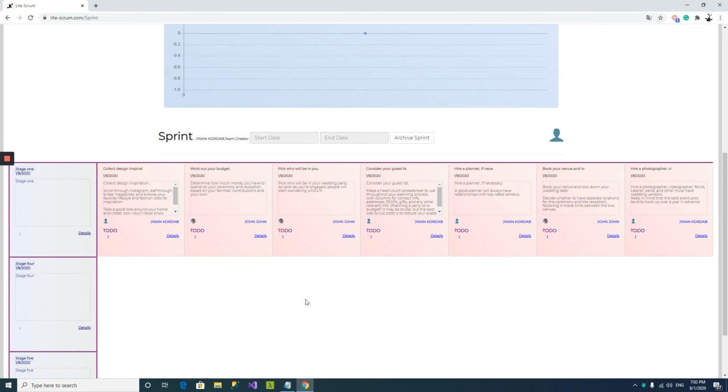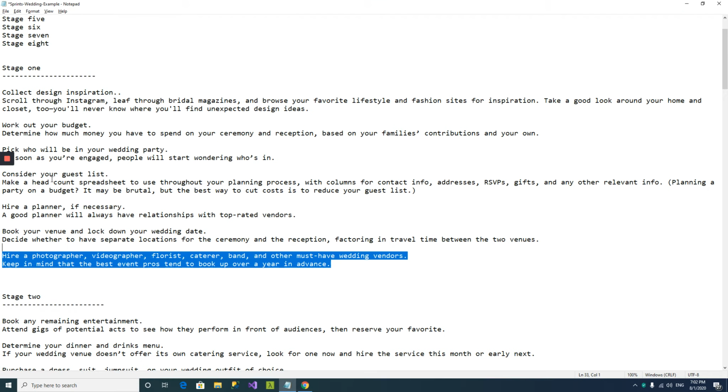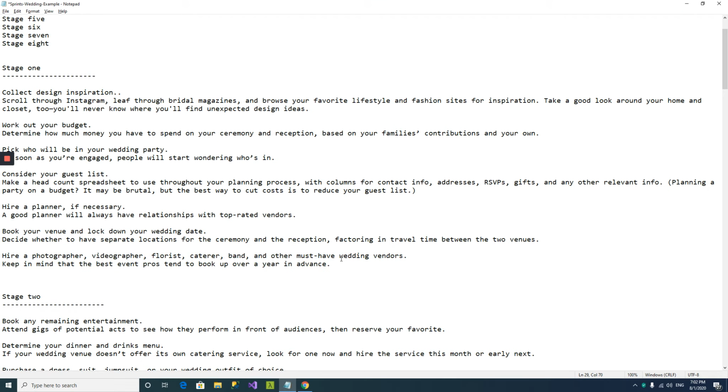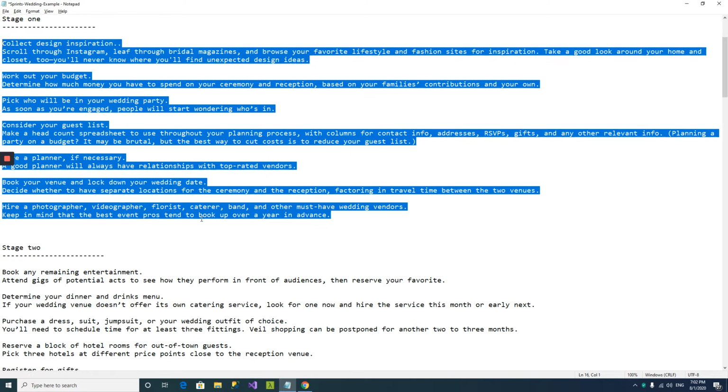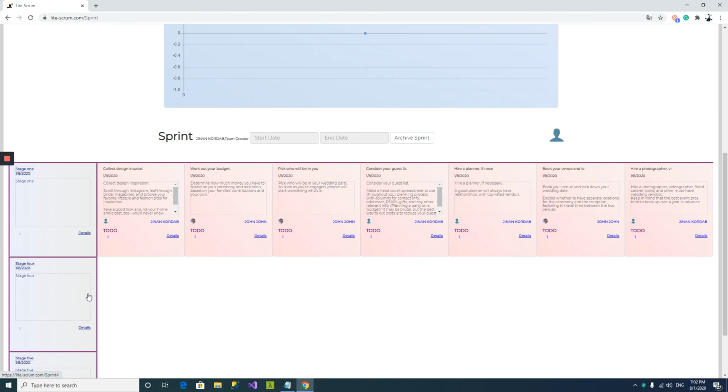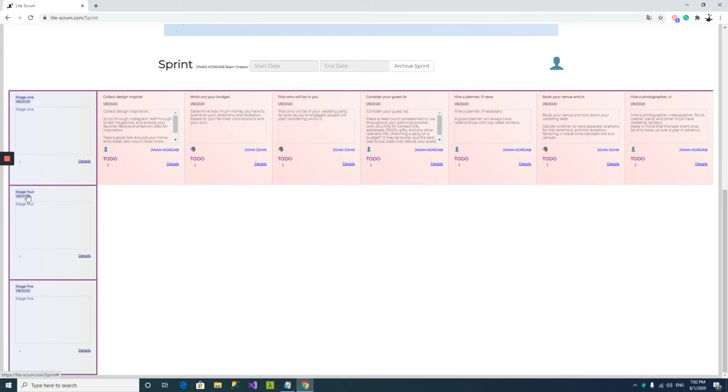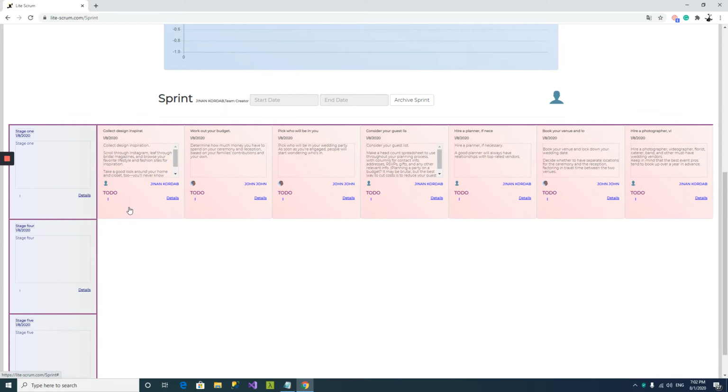So as you can see here, I've added all the task items that I need to do for stage 1 product backlog, which are here, and I'm going to continue to stage 2 and stage 4. No, to stage 4 and stage 5 product backlogs. I'm going to add items and assign them to the people right from here, and also, as you can see,